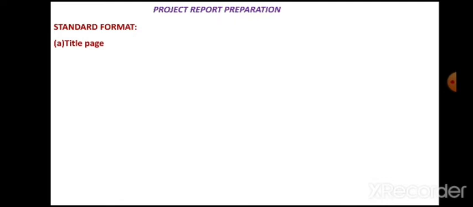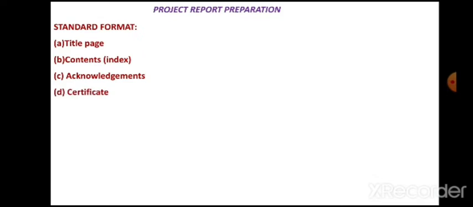The first page is the title page. The second part, followed by the title page, is the page of contents, that means the index. Whatever is described inside, you have to summarize it and write it in the form of an index. The third page will be acknowledgements.